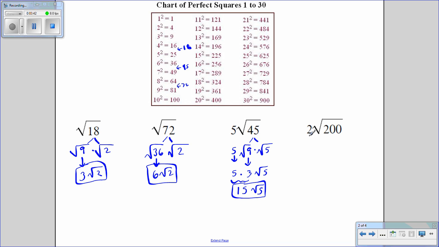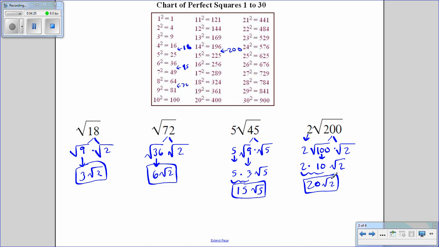Let's try the last one. Again, I'll deal with this 2 in a little bit. So I'm going to break apart 200 because 200 would fall about right here. This is where 200 is. So I have to work my way up the list. And my goal is to find the biggest perfect square that goes into 200. And that would be 100. So 100 times 2 is 200. This 2 is going to tack on to the end, and I'll deal with that later. Okay. The square root of 100, well, that comes out as 10. And the square root of 2 comes down. Now I can multiply my two numbers together. 2 times 10 is 20. And the square root of 2